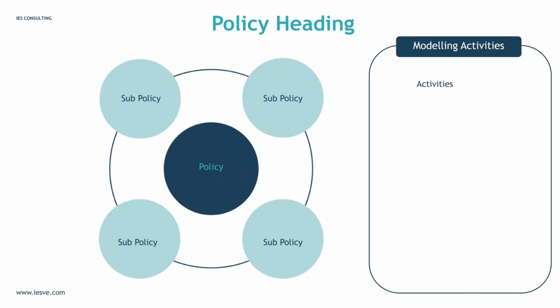This next section of the presentation graphically follows the approach shown in this example slide. On the left of the screen, you will see the policies in the dark blue circle. In the center, and the sub-policies orbiting around those in the circles in the lighter colours. On the right-hand side of the screen, you'll see a rectangle that contains the various modelling activities that consultants are able to assist the design team with.